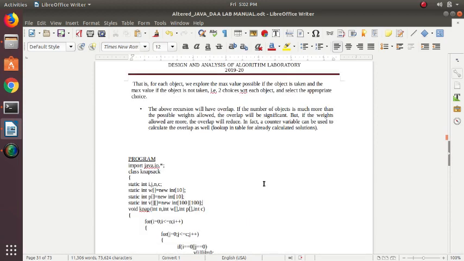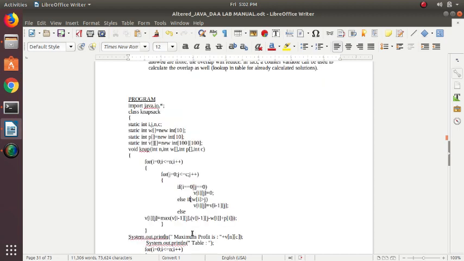So let us see the program. We have a weight array, and this is for profits, and this is a vector to store the table. For the knapsack problem, I have two for loops for comparisons, with conditions here: if, else if, and else. If i and j are zero, we make v of i, j as 0.